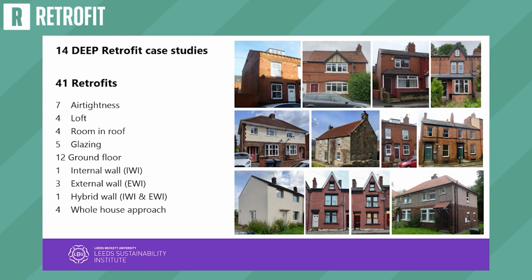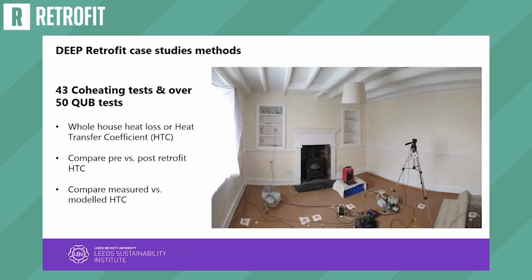So I'm going to talk about the types of tests that we did. This is the co-heating test. It looks a little bit alien, a bit bizarre. There's some heaters, some fans, some little red dot things on the walls. These are really intensive, intrusive tests that we do. We can't have anybody living in them. We need to have the house for a minimum of 2 weeks, ideally 4 to 5 weeks. We heat up the home, we hold it at a steady temperature, we measure exactly how much energy we're using.